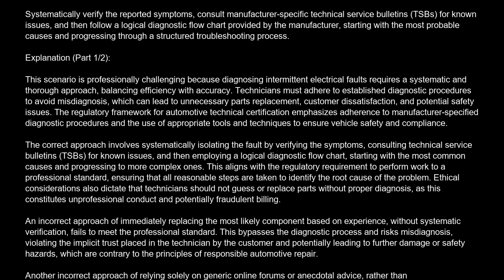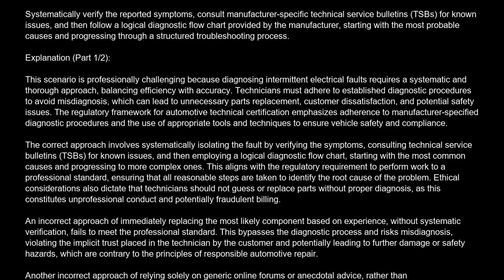The correct approach involves systematically isolating the fault by verifying the symptoms, consulting technical service bulletins, TSB, for known issues, and then employing a logical diagnostic flowchart, starting with the most common causes and progressing to more complex ones. This aligns with the regulatory requirement to perform work to a professional standard, ensuring that all reasonable steps are taken to identify the root cause of the problem. Ethical considerations also dictate that technicians should not guess or replace parts without proper diagnosis, as this constitutes unprofessional conduct